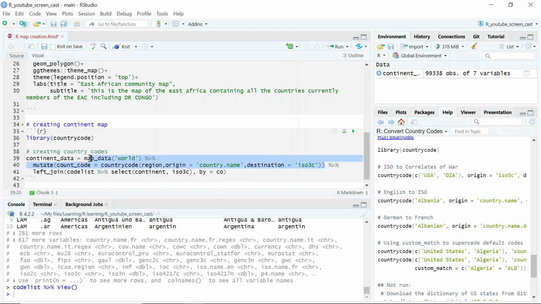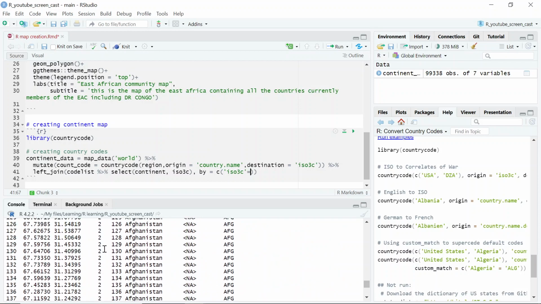This is the first dataset containing ISO 3, and this is another dataset, code list, containing another ISO 3. I am going to combine them using ISO 3C again, equal to